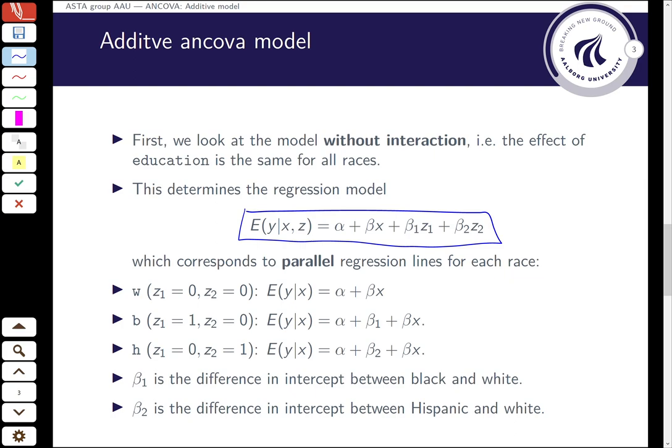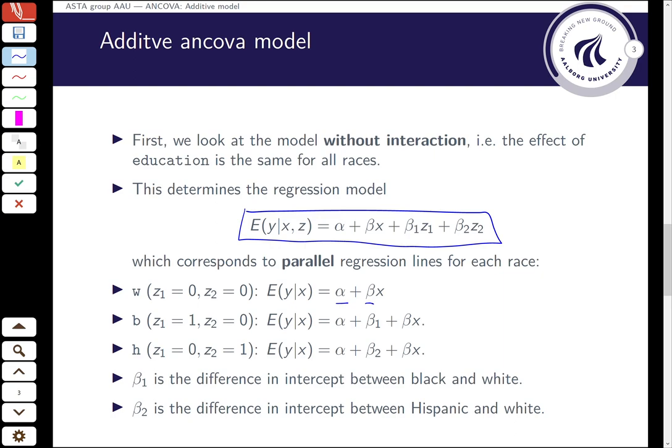And if we look at what that really means, due to the special nature of the explanatory variables Z1 and Z2, we can think of three different cases. When we have a white person, then Z1 and Z2 are both 0. And when they're both 0, then all that remains in the equation is the intercept alpha and the slope beta of the education. If Z1 is 1 and Z2 is 0, then we have the case of a black person,